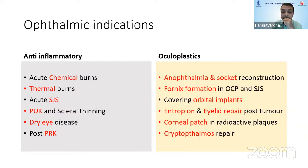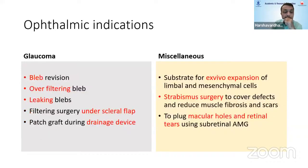In oculoplastics, it is used for anophthalmia and socket reconstruction, fornix formation in OCP and SJS, covering of orbital implants, entropion and eyelid repair, post-tumor removal, corneal patch to protect against radioactive plaques, and in cryptophthalmos repair. In glaucoma, it can be used for bleb revision, overfiltering blebs, leaking blebs, under the scleral flap to reduce fibrosis,